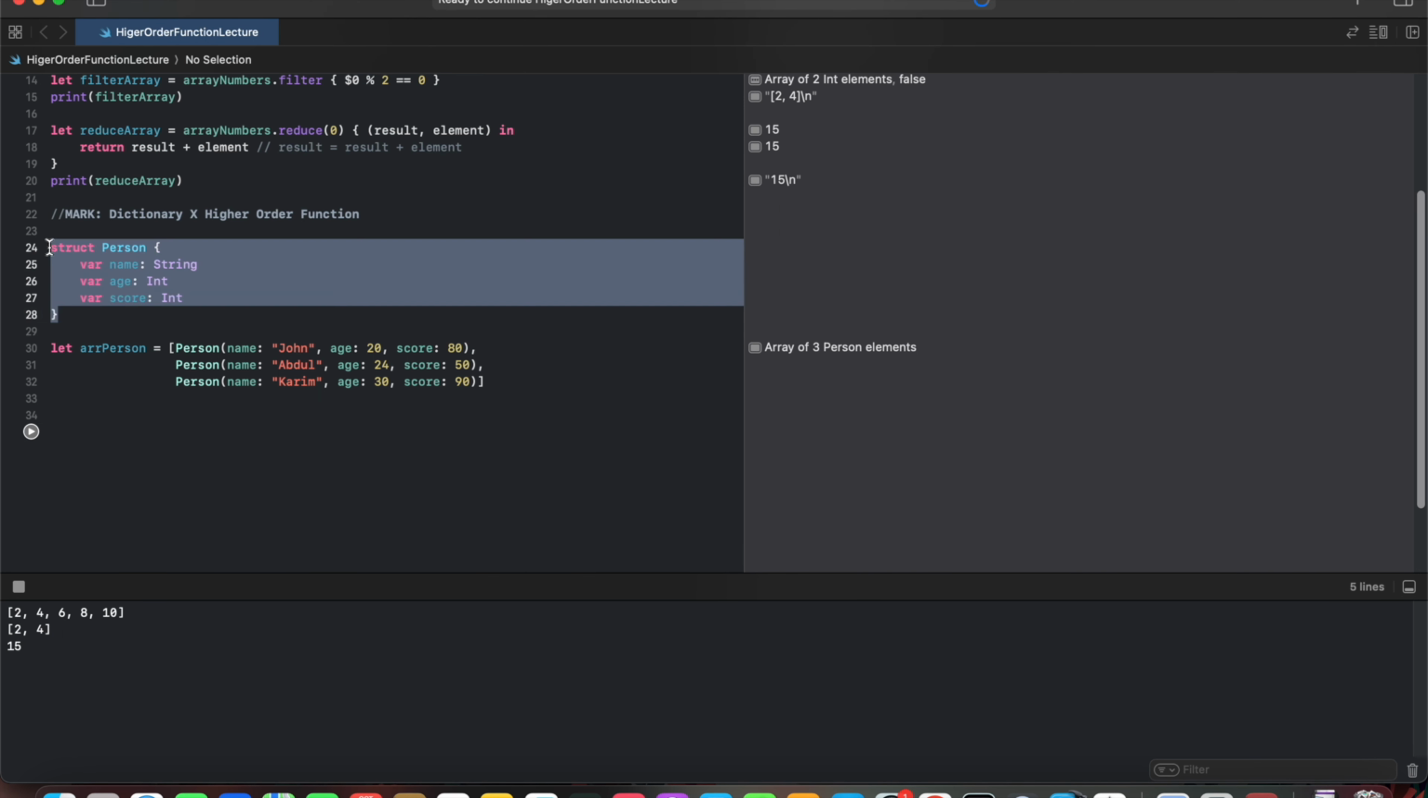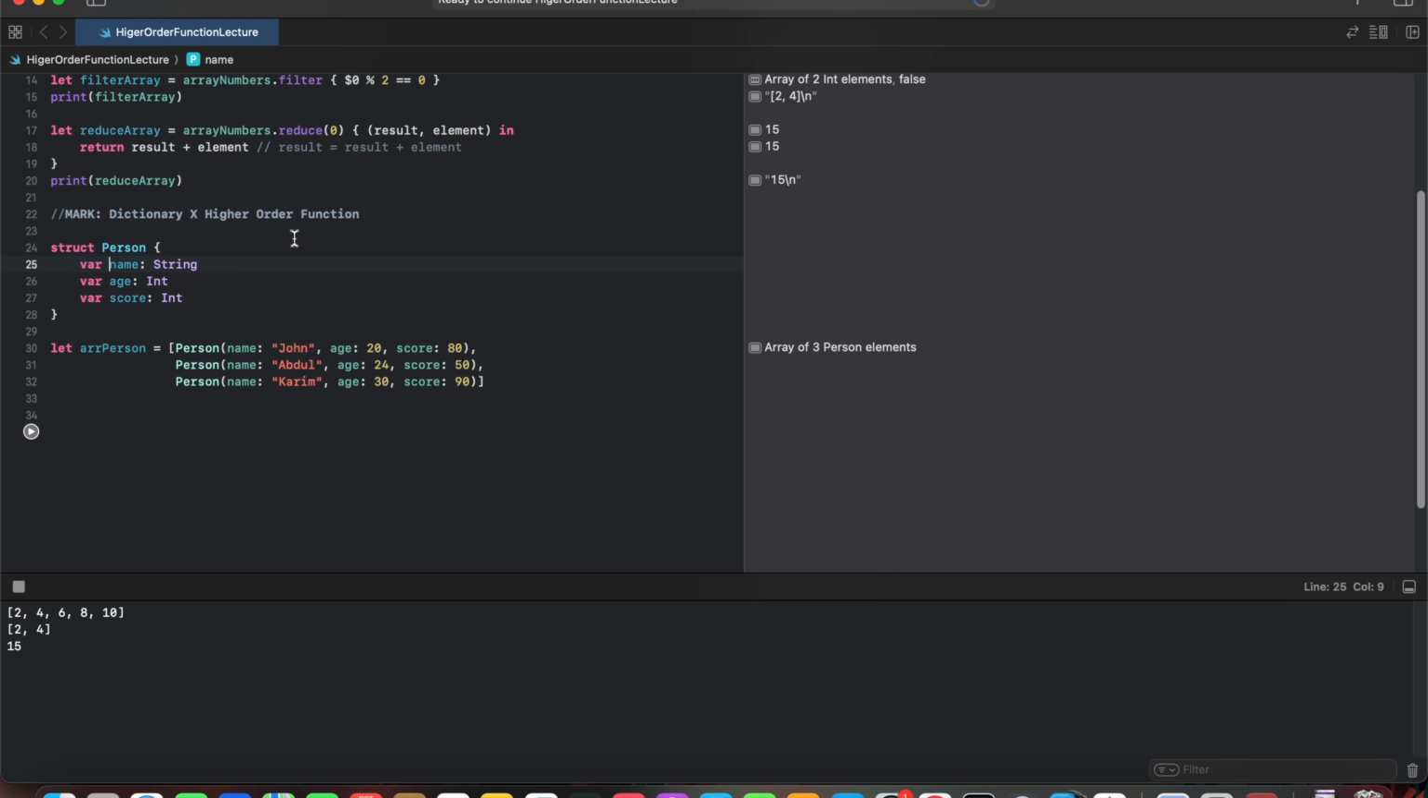And here we have a struct. Now we are going to implement higher order functions in this dictionary. So let's start. First of all, let's start with map. So map basically transforms our array. So let's say if I need to do upgrading, what I'm going to do is I'm going to say upgraded score